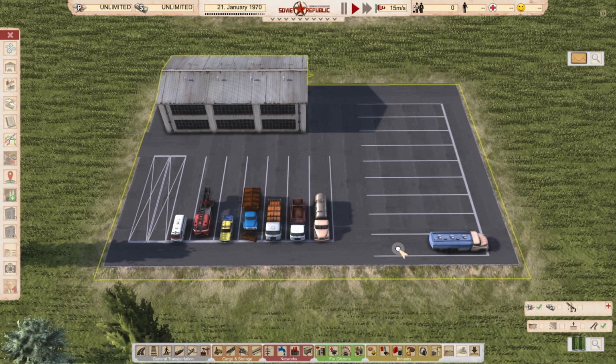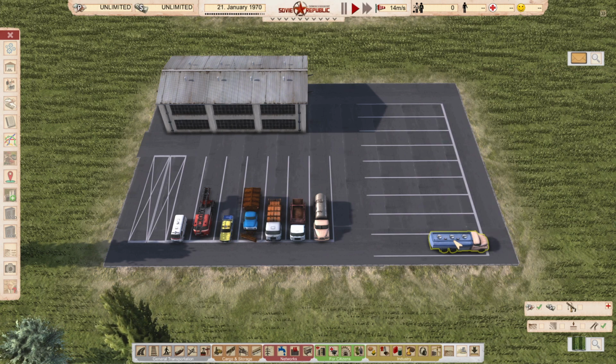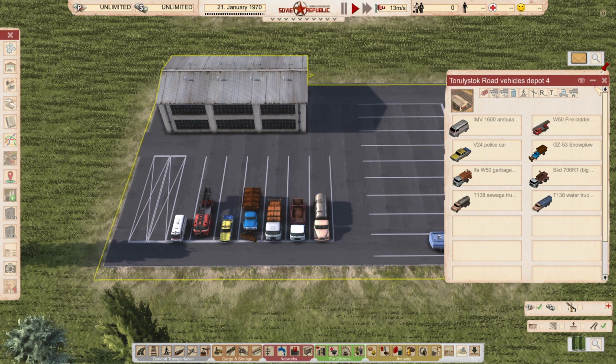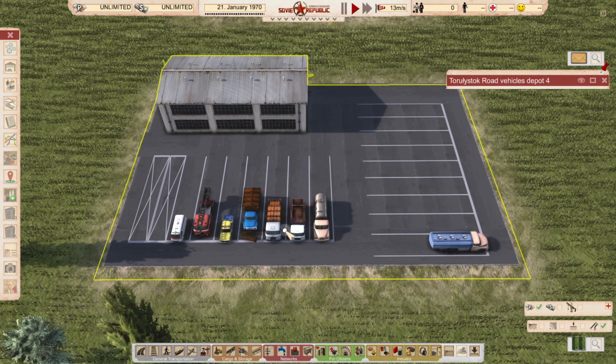The next batch we have are the vehicles that are going to be found within your technical service office, and these will handle various tasks around your republic. So you have your snow plows, garbage trucks or waste trucks, 2 different varieties, your sewage cistern, and your water cistern. The water cistern is used to haul water either from the border or from a water purification plant to